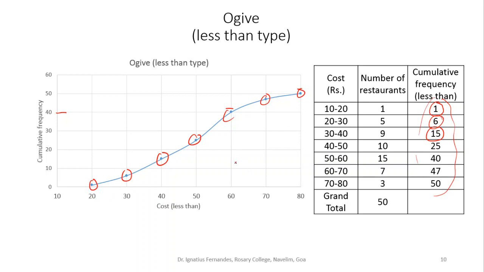This graphical representation of less than cumulative frequencies is called an ogive, and this is an ogive for less than cumulative frequency. So we call it an ogive, or a less than type ogive. This ogive will help us in finding the change in the increase in the values cumulatively. Like if you see the number of COVID cases, they are usually given as a cumulative frequency distribution. That is an ogive. COVID is the best example to represent as an ogive.